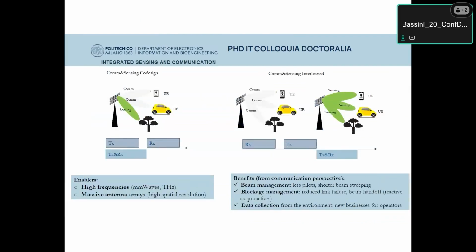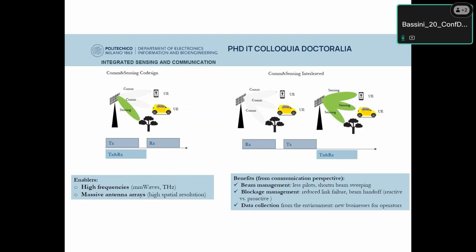So what is an integrated sensing and communication system? We have a system that wants to do both communication and sensing at the same time. So it wants to communicate towards an entity, and in this case we have a base station that wants to communicate towards the UE, that could be the user or the car, and has to perceive what is in the surroundings, so maybe the trees. And we want to do it by exploiting the same resources, so the same hardware and also the same resources in time and frequency. Communication is done by exploiting time and frequency resources, and we want to use the same resources for both communication and sensing. And this is called co-design.